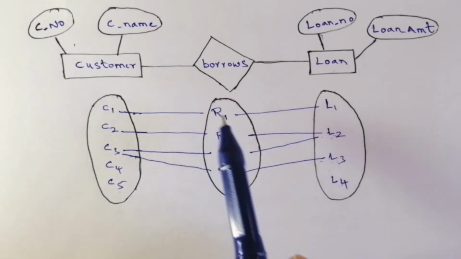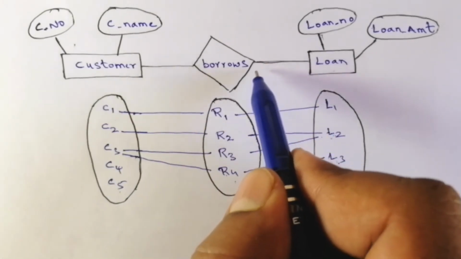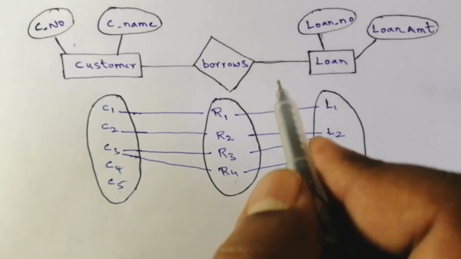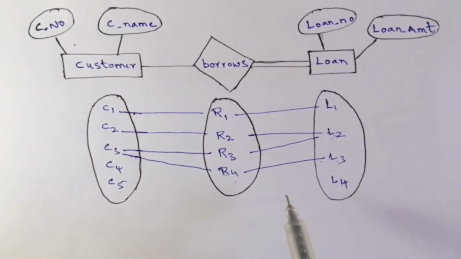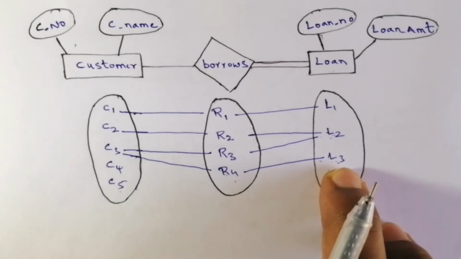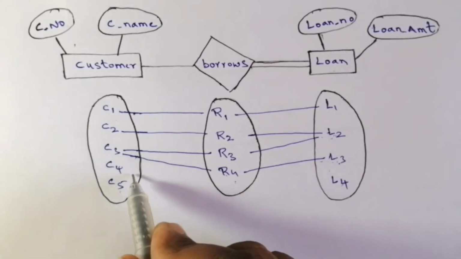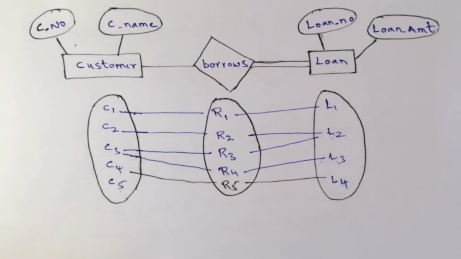So this principle we can easily represent by keeping what here? Total participation. So if we indicate the total participation, the double line, then this L4 will not be generated. It will be generated only when any customer requests for it. If a customer requests for it, then only this particular loan is going to be generated. So we can easily keep such conditions on the entity set.